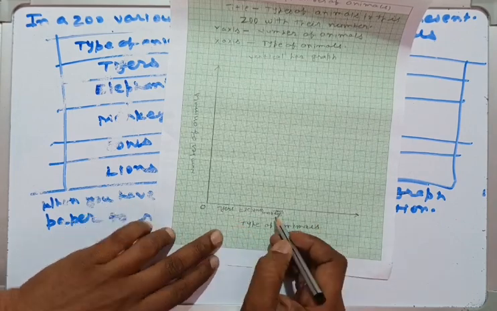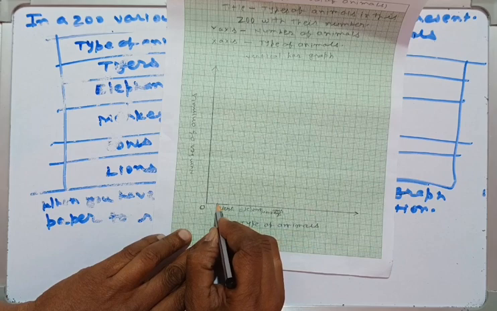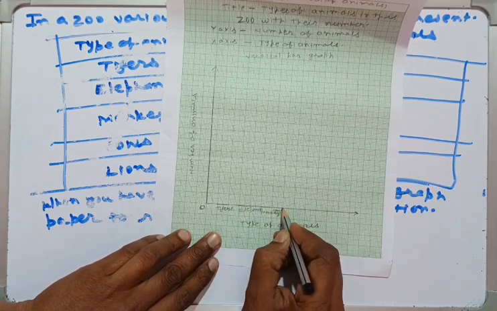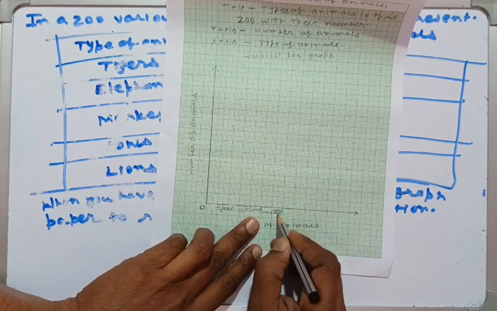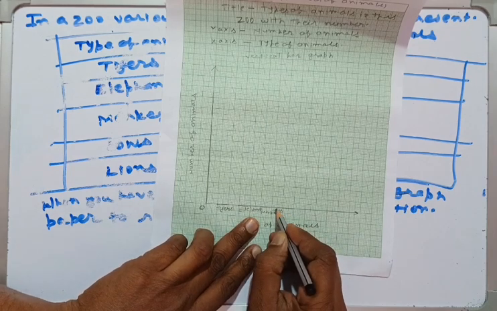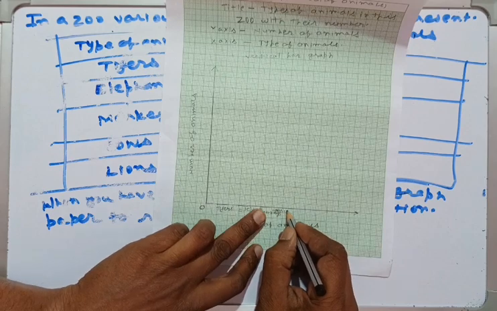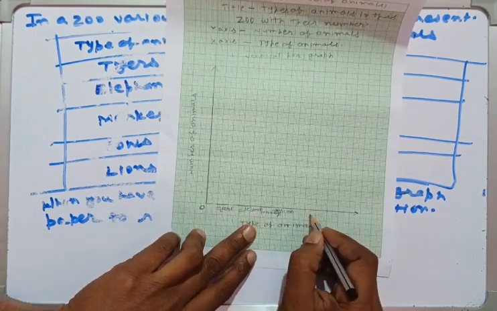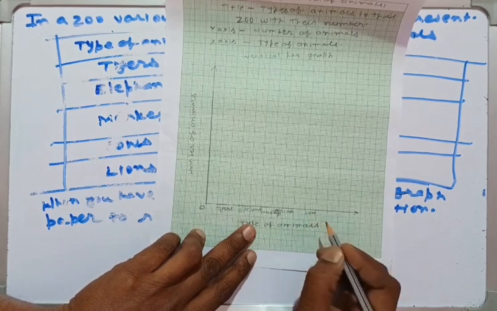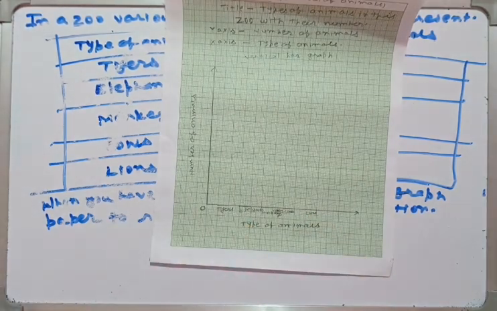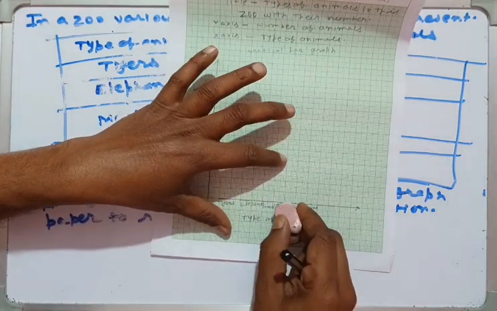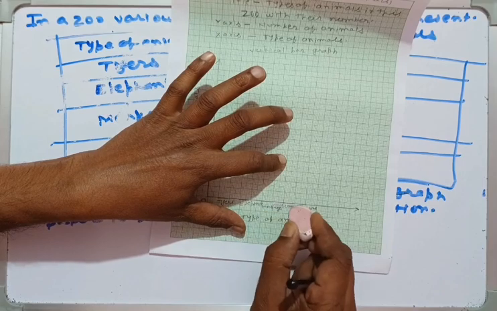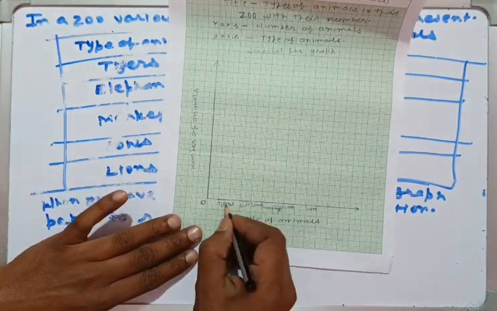So guys, see, I have made a mistake here. First, second, then third, then cows must come here. So this one is not the right place for cows, so cut it here, write cows in the right place. And next here is a lion. So we erase the cows here. So guys, this one is the base.